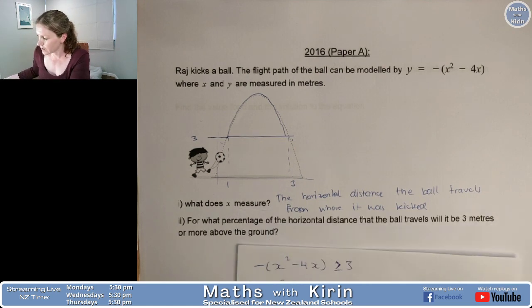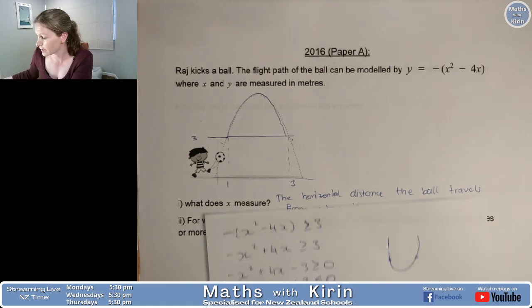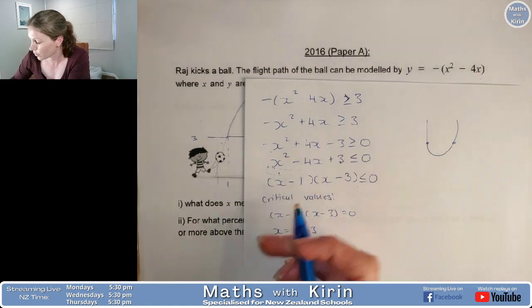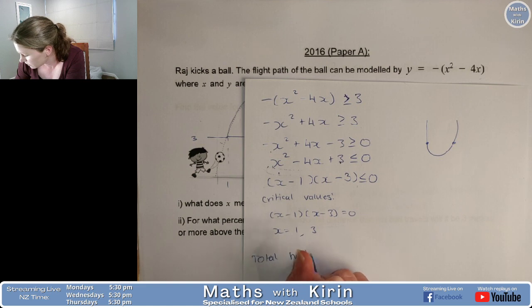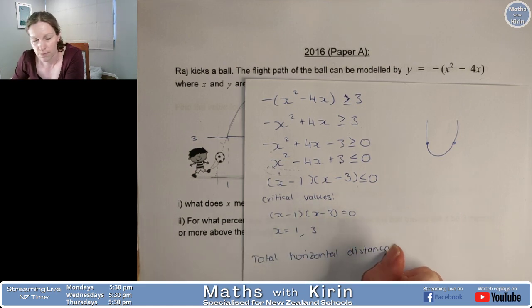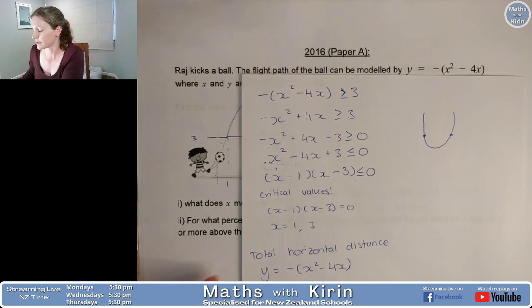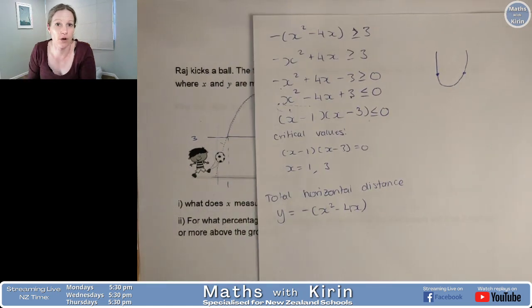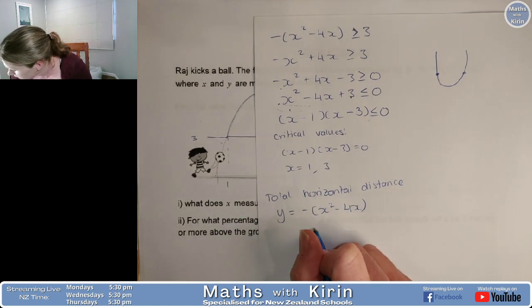Okay. The next part we need to work out is the horizontal distance that it travels in total. So that means we still need to use our equation. So we're looking at total horizontal distance. All right, so we have our equation. Total horizontal distance, well, when we start, the distance is 0, and when we finish, the distance will be 0. So we find that by making this equation